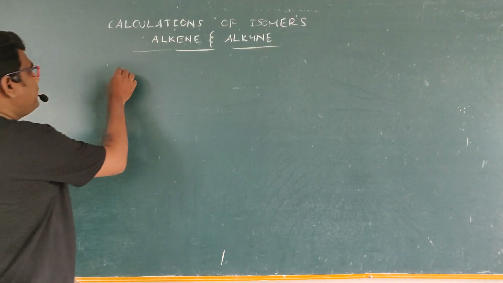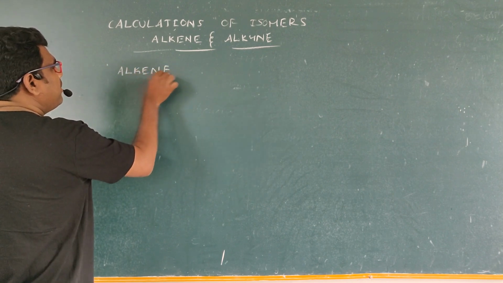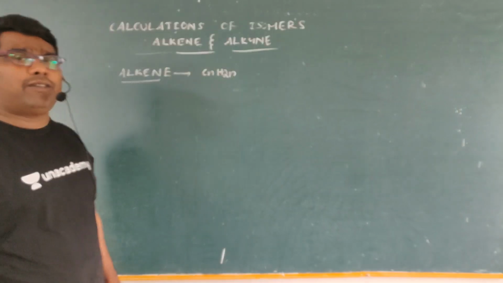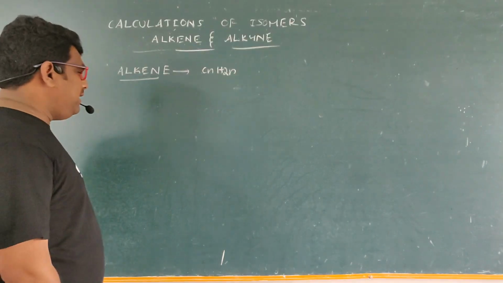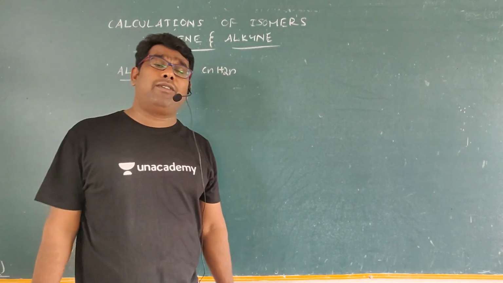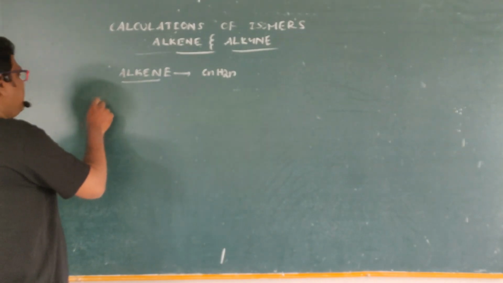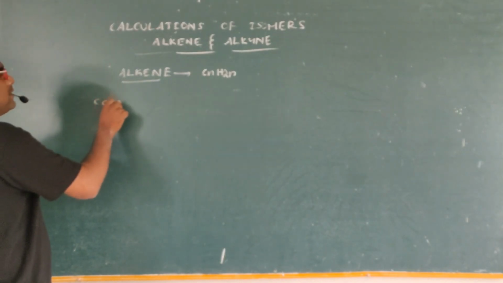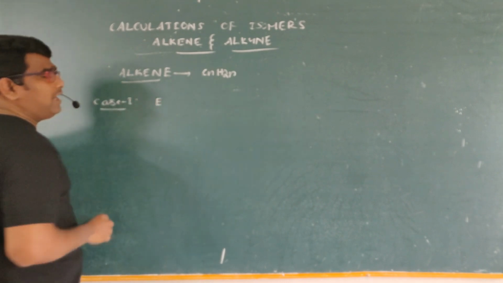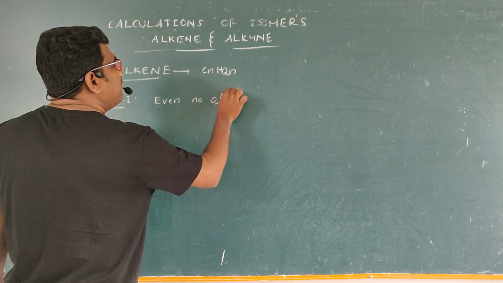First, alkene. In alkene, what is the general formula for alkene, my dear student? CnH2n is the general formula for alkene. There are two cases: one is if the alkene has an even number of carbon atoms, the other is if the alkene has an odd number of carbon atoms. These are two different cases. So in case one, if the alkene contains an even number of carbon atoms,